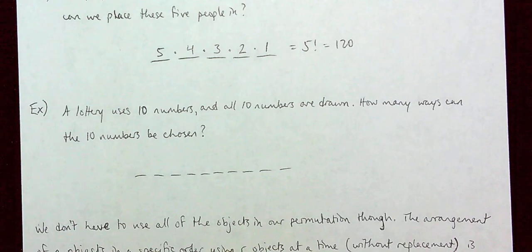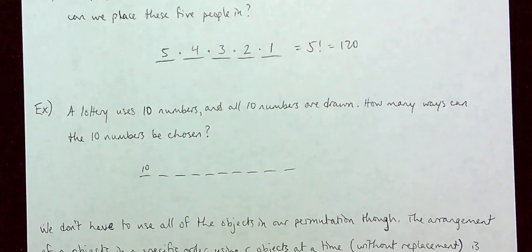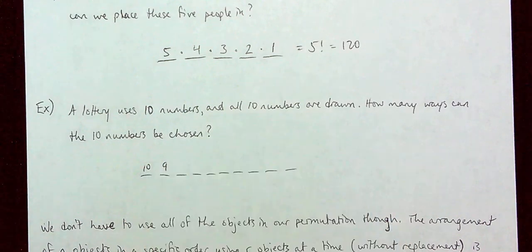So there are our 10 blanks for the 10 lottery numbers. All right, first pick. You can have any one of your 10 possible numbers there. That ball gets set off to the side. It doesn't go back in. Next draw. How many possible numbers can we pick? Well, we had 10 to start. One number is set off to the side. So for the second pick, we have 9 possible different numbers.